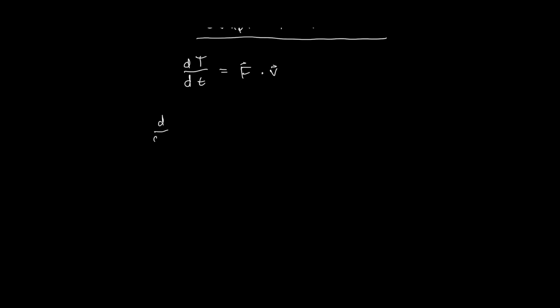So the kinetic energy is equal to 1/2 mv squared, which we can also write as, I'll take the 1/2 m out, and then we have a dot product, v dot v. And when you're taking the time derivative of this dot product, you have a power rule, so